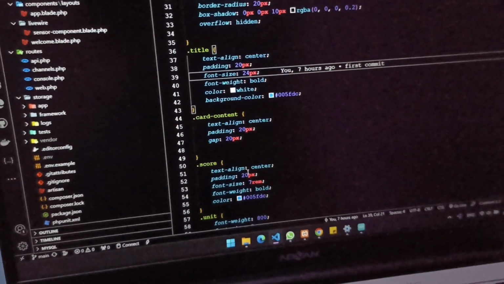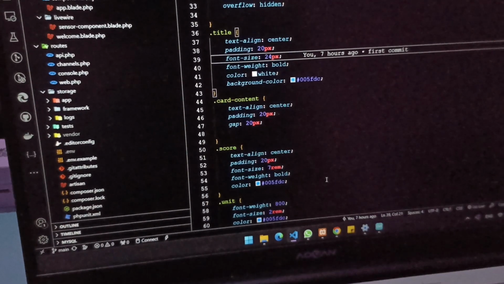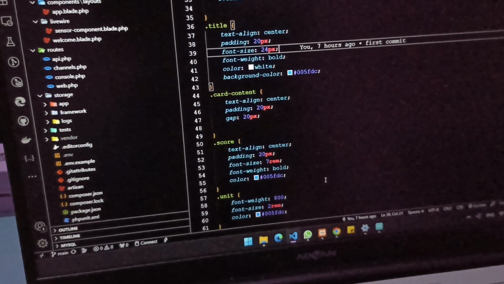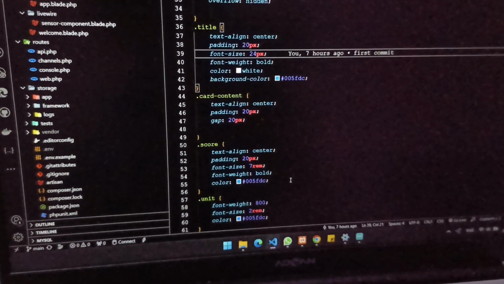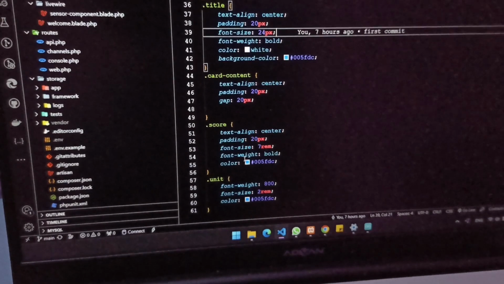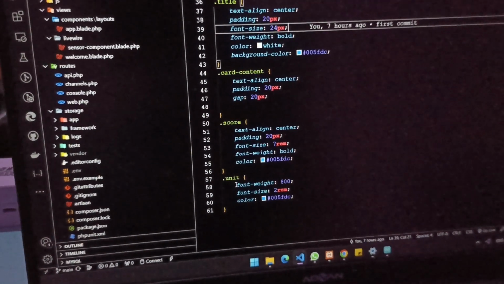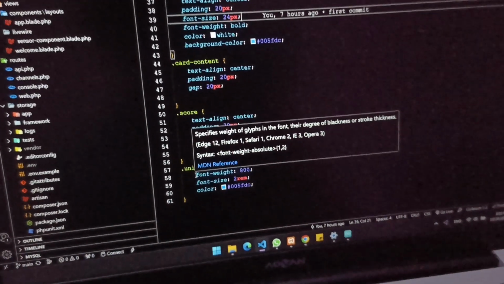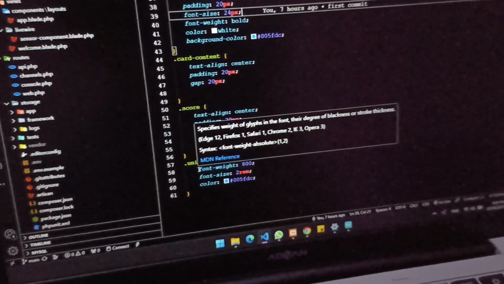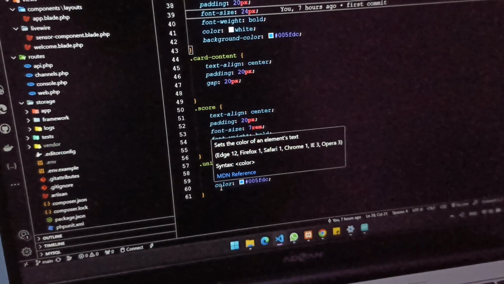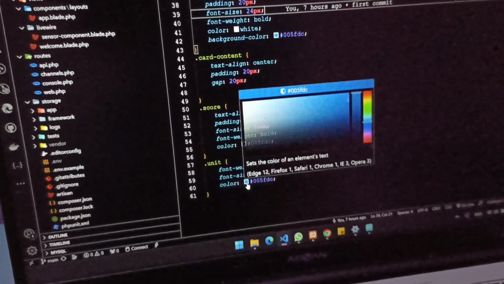This a score text align is center, padding 20 pixel, and font size is 7 rem, and font weight is bold, color is blue. Okay, this CSS for unit font weight is 800, and font size is 2 rem, and color is blue.